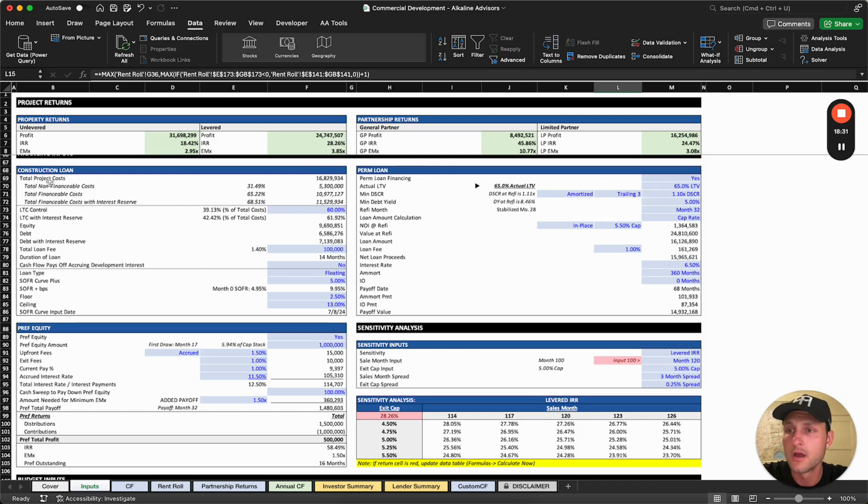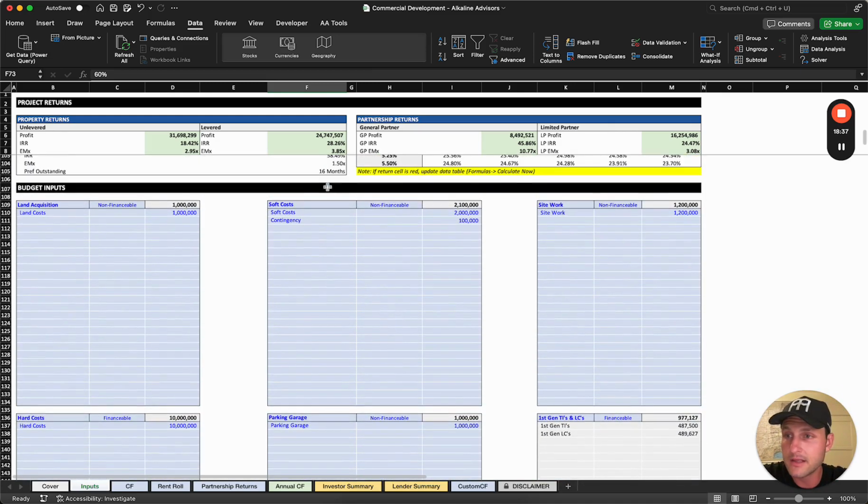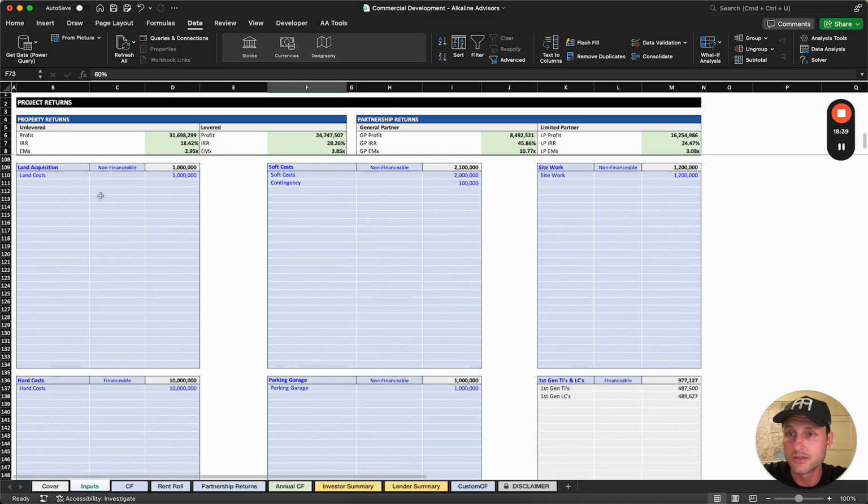So to start, the construction loan is derived based off of the project cost. So if you come down here to the budget input section, you'll see we've broken out 6 pads, 5 of which can be used for inputs, and then 1 of which we recommend not inputting because we have this tied to the custom cash flow tab, which we'll get into in a second. But essentially, you load in the inputs. You can choose whether these costs are financeable or non-financeable,